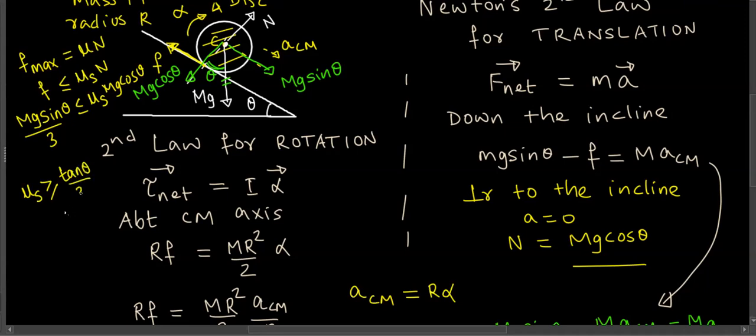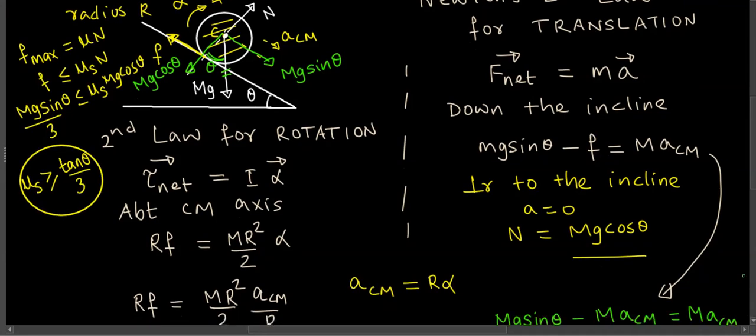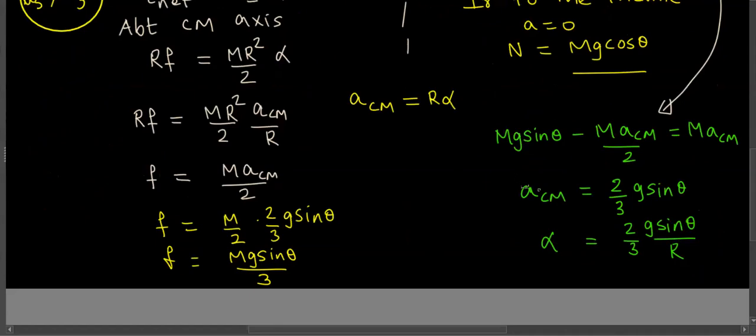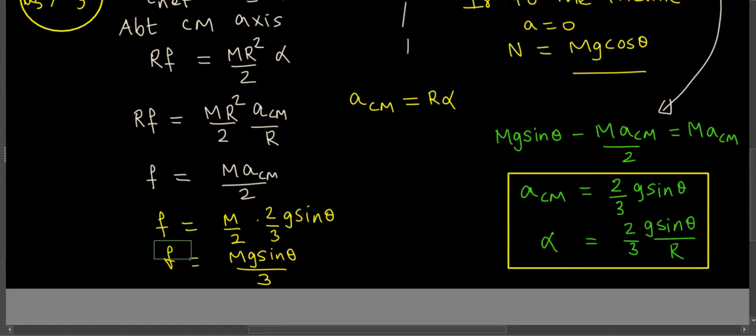So again, like I said, they rarely ask questions about this, but there is a chance. So you can just keep this in mind. So this is one. And then we have the other things. We have acceleration of center of mass. We have angular acceleration. We have friction force. Typically, these are the questions that they ask. So you're able to follow this? Yeah, okay.